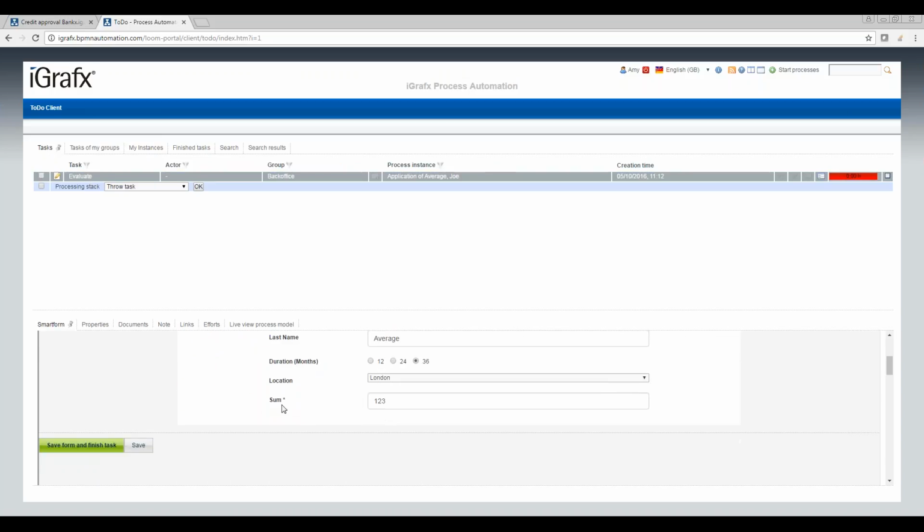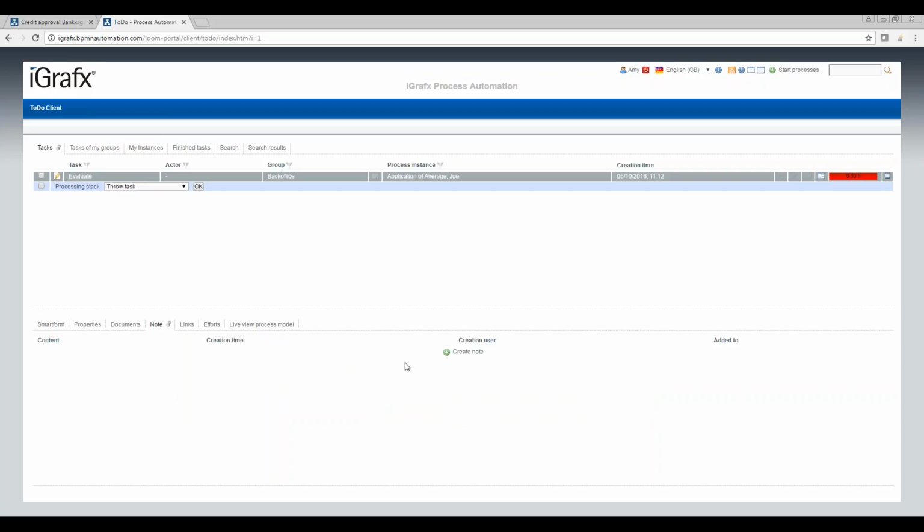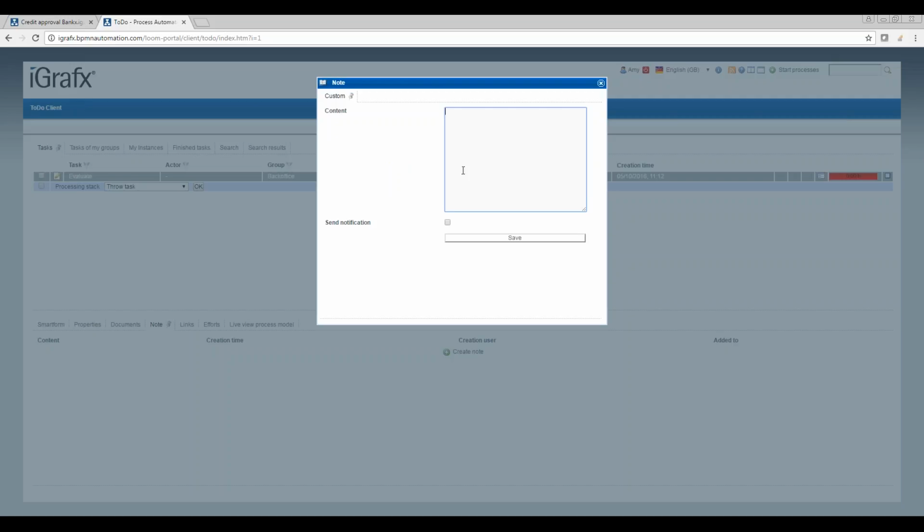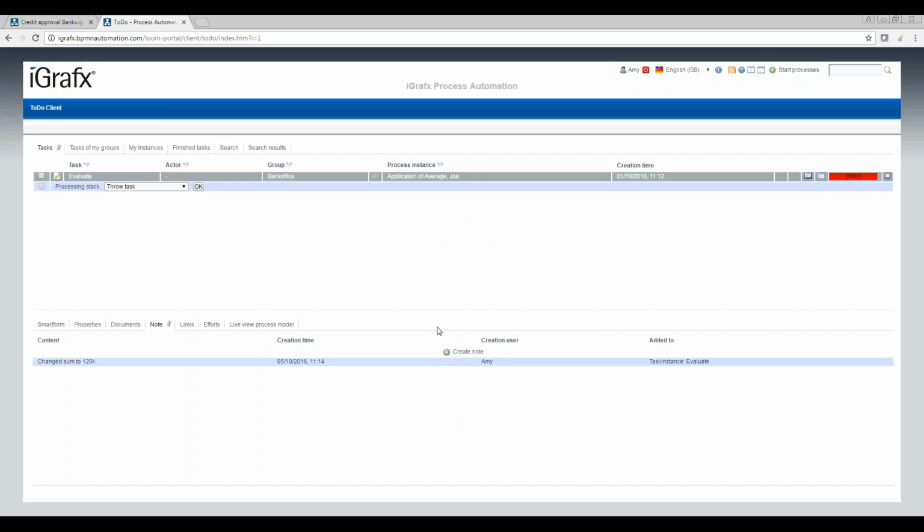So I can once again look at this. Maybe I can mess around with the sum. If I know that average Joe doesn't need more, I can just change this to 120, for example. I save the form, and then I can also leave a note for others about what I did. Like this. This will live inside the instance of average Joe, so this will always be attached to the